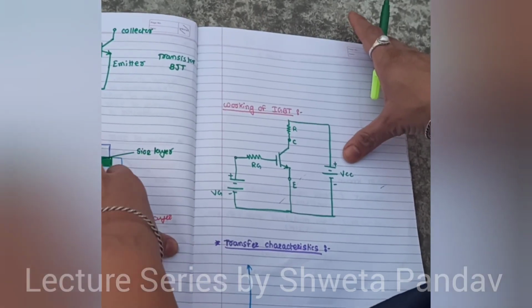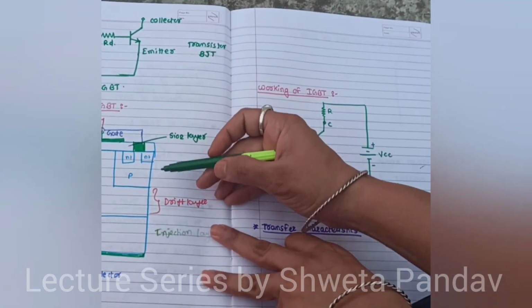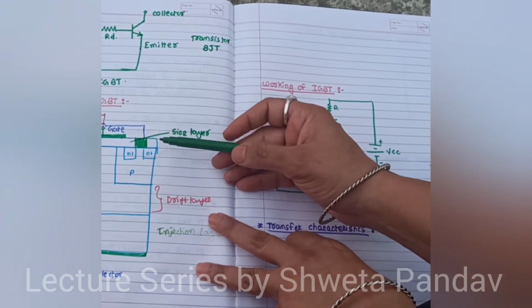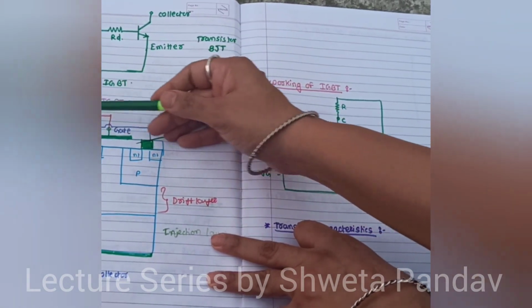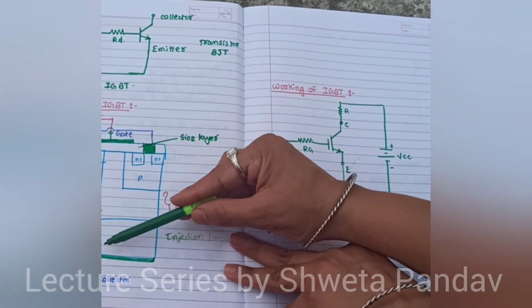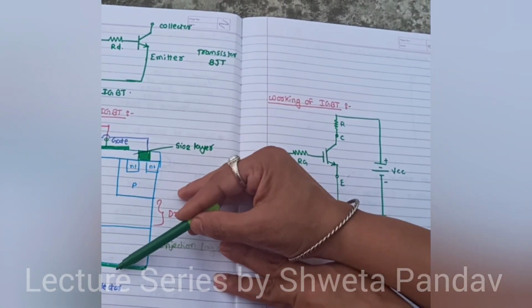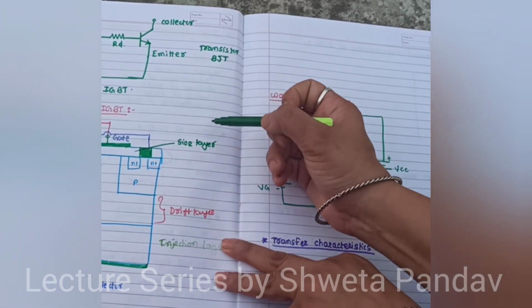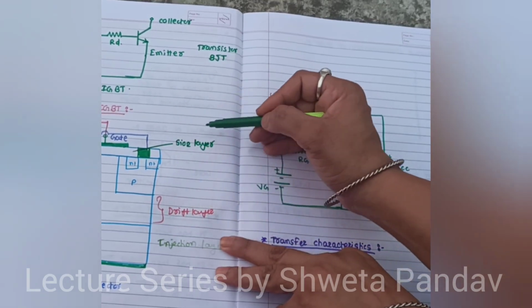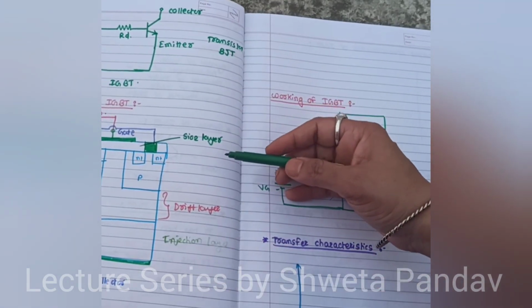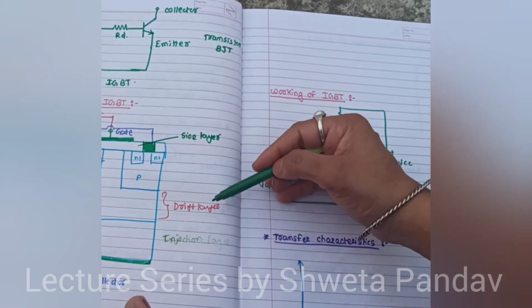This is the structure of IGBT. Here I have drawn the different terminals. For the IGBT we have three terminals. These two junctions are connected together and one terminal is taken out, called the emitter. The gate is taken out here and the collector is connected to the P plus region. The green color structures are metallic contacts. Between the gate and the internal structure one layer is present, called the SiO2 layer. This P plus region is also known as the injection layer and the N minus layer is called the drift layer.